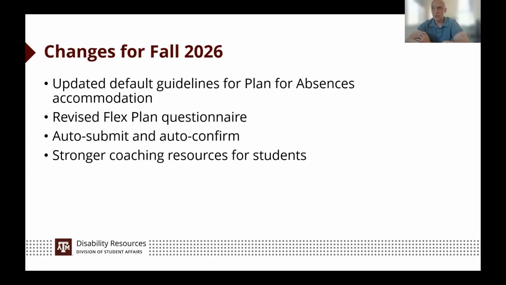So a couple of things that we're doing is that we have some strategic and structured ways that we're talking about it in new student appointments. And then also we implemented what's called the Flex Plan Guidelines and Expectations Acknowledgement, that when students request plan for absences, AIM prompts them to read, review, and acknowledge a statement of their responsibilities for the accommodation in the Flex Plan.